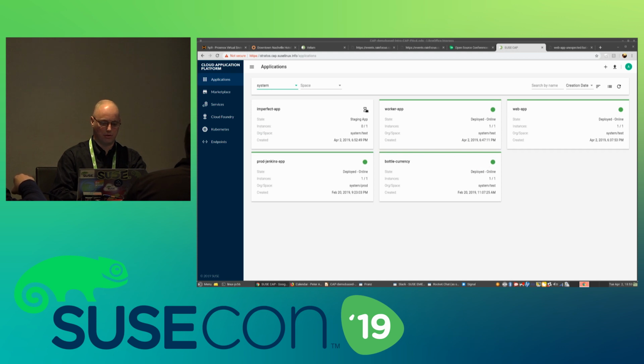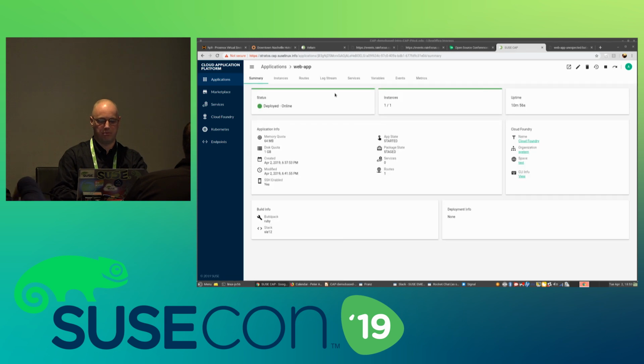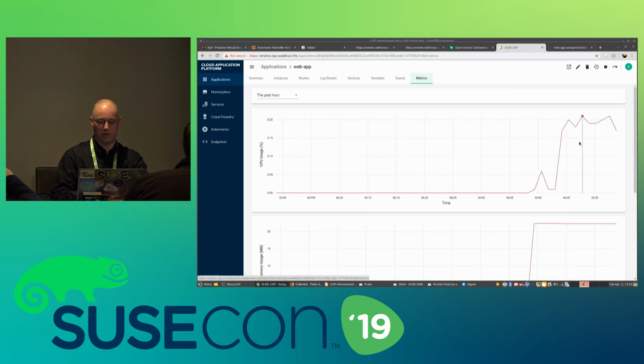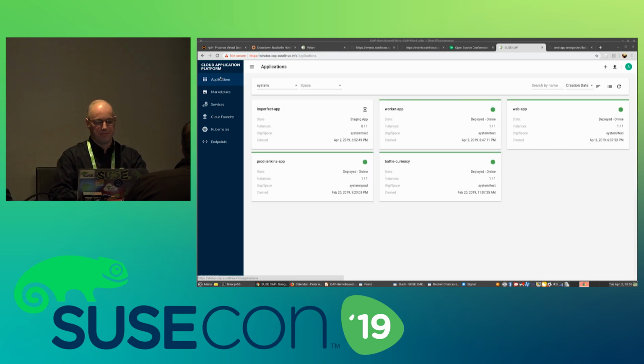As you can see, there's an hourglass, because it's pushing right now, but I have a couple of others. If we go into one of them, like the web app, you can see the routes created, for example. I click here, you can see some metrics and how it's doing, and so on. These are things that SUSE has added to Cloud Foundry.